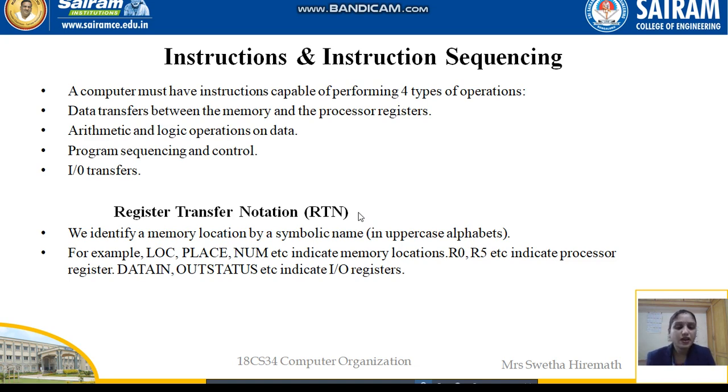R0, R5, R2, R3 are nothing but the general purpose registers, in which we can either store or load the data. And also data in, data out, out status, etc. are the IO registers which will be used to perform the IO operations.